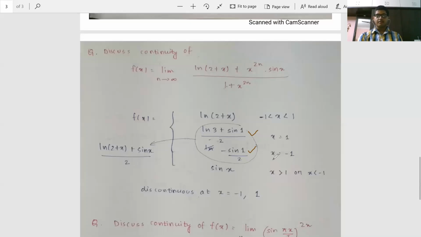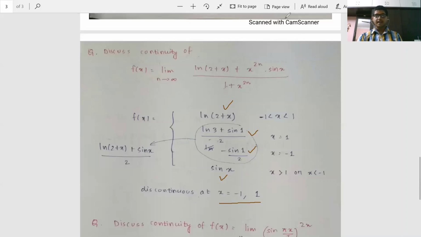Fine. Now, you can clearly see that this function is continuous. This function is continuous in minus 1 to 1, and sin x is continuous in this region when x is greater than 1 or less than minus 1. Fine. So what we have to do, we have to check the continuity of the function at x equal to 1 and minus 1. And clearly you can see from the definition of function, this is not continuous at x equal to 1 or minus 1. Just take the LHL and RHL, simple stuff, and you can clearly see that it is discontinuous at x equal to minus 1 and 1. The real catch was finding the limit when x belongs to various regions, like x belongs to minus 1 to 1 or x belongs to this region.